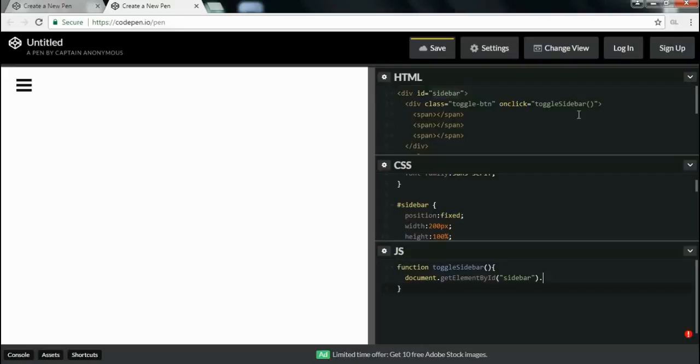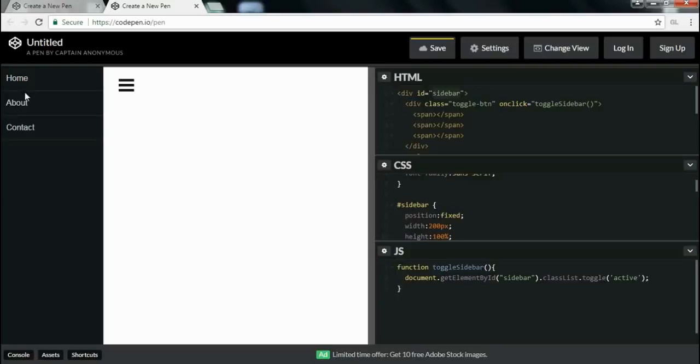Then I am using the classList property and running a toggle function. So it will toggle the particular class on this element which has the ID of sidebar. So in this, we have to mention the class name, that is active, and semicolon.